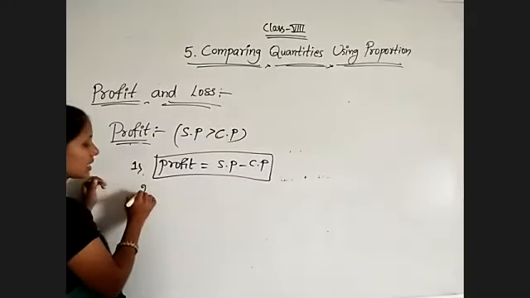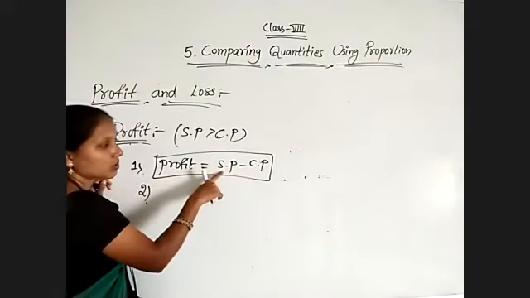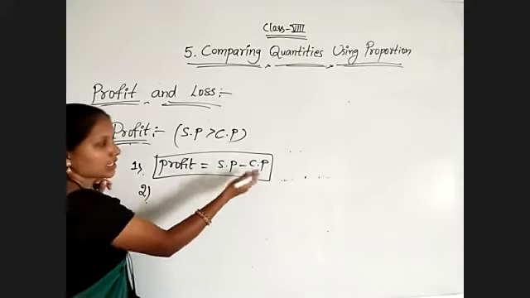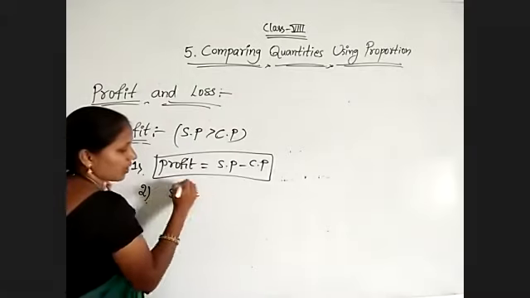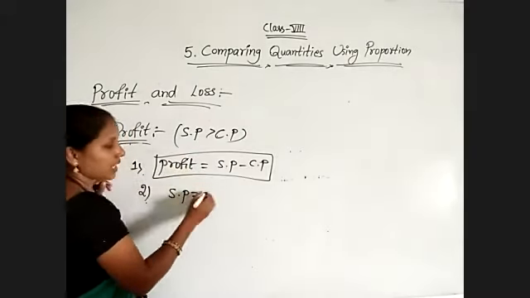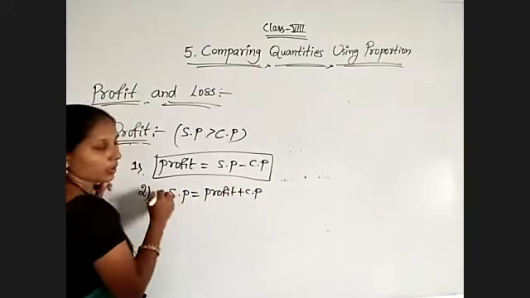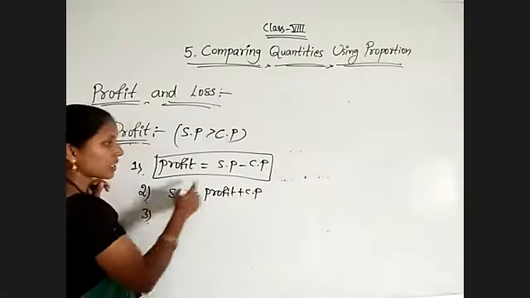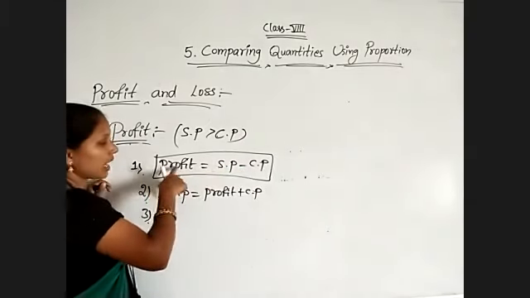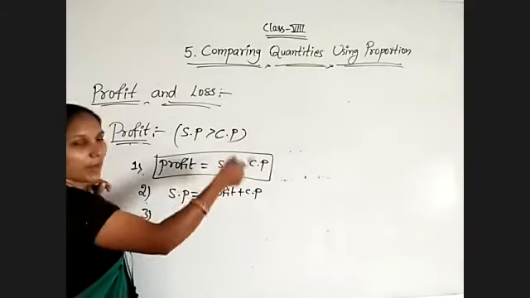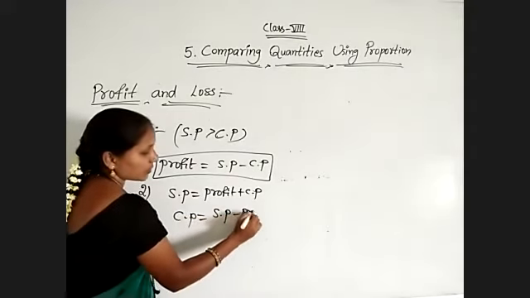Next, from this I need to get the SP value as well as the CP value. To get SP, CP is the extra term. So minus CP, bringing this over, becomes plus CP. So SP, from the above formula in terms of profit and CP, is profit plus CP, otherwise CP plus profit, no problem. And thirdly, from this I want to know the CP value. Minus CP, bring this side, plus CP. And profit, bring this side, SP minus profit. So CP will be equal to SP minus profit.